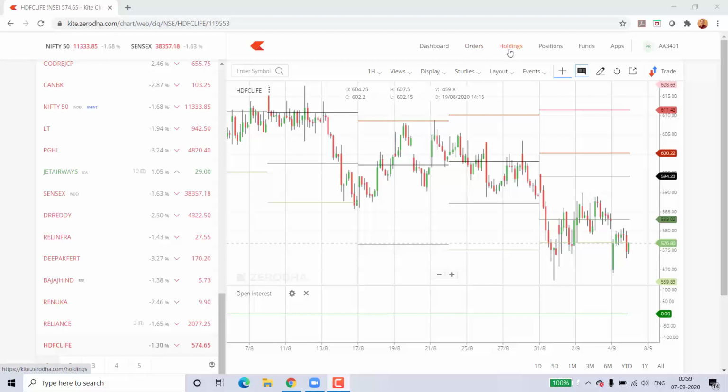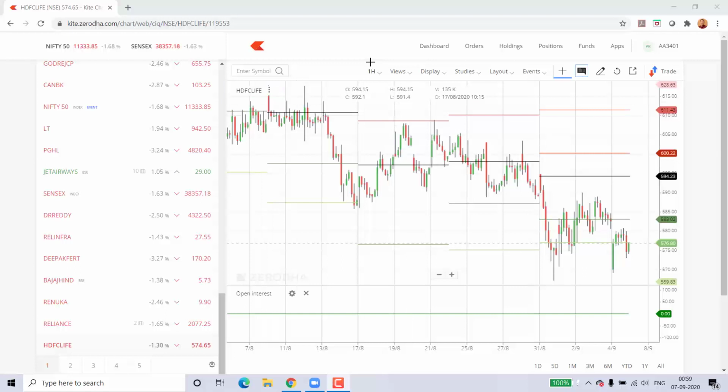So a whole list of orders will come if you have placed any orders during the day. Holdings will show what all are the shares which you are holding as of now in your demat account. Positions will be showing your positions which are open for this day. Okay, let's say if it is today you have taken certain positions, you have bought some shares, you have sold some shares, let's say you could have taken some positions in futures options, then all those positions are going to show here. Funds would show how much funds you have got in your account. Now the chart which you see here is the chart of HDFC Life which I have opened here.